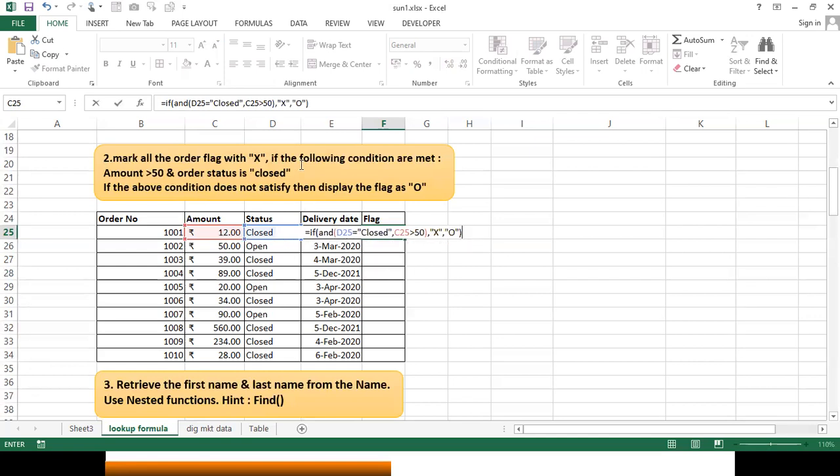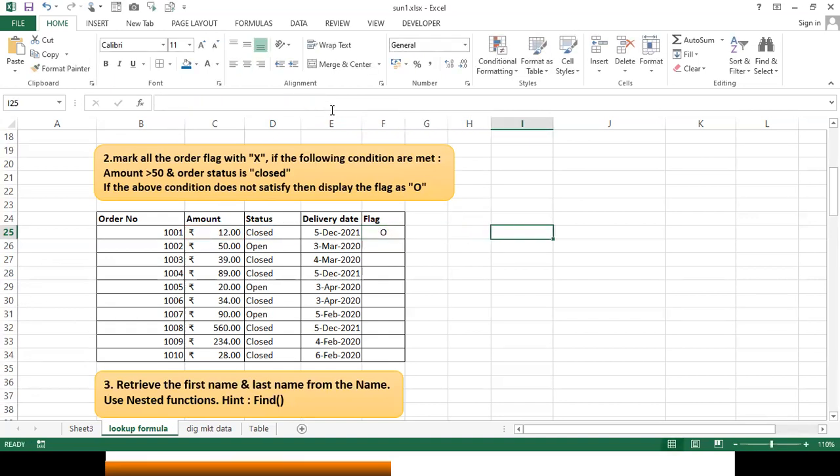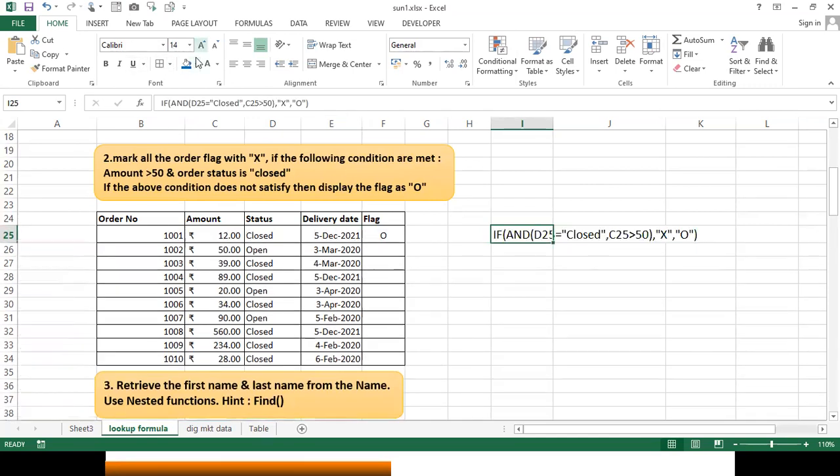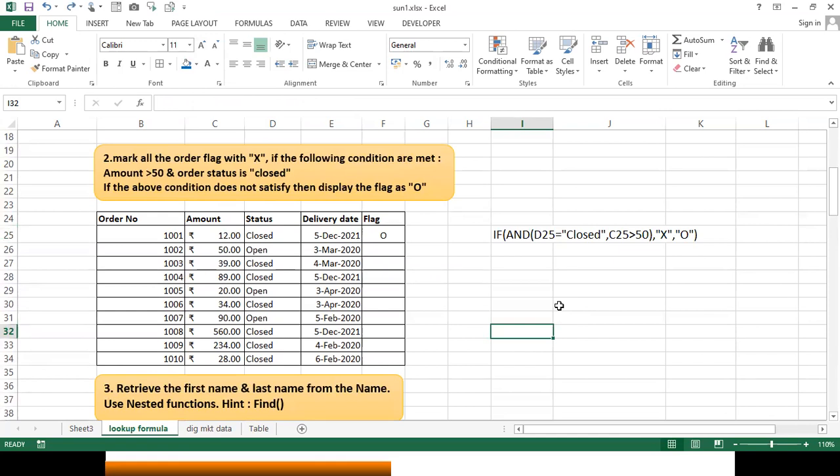Okay, listen to this very clearly. Is it O? The amount is not more than 50, but look, it is closed. Still I mark it as O. Okay, how have I done it? I'll write it on the side of this for your reference. Just try to analyze that. What I have written? I have taken two conditions.